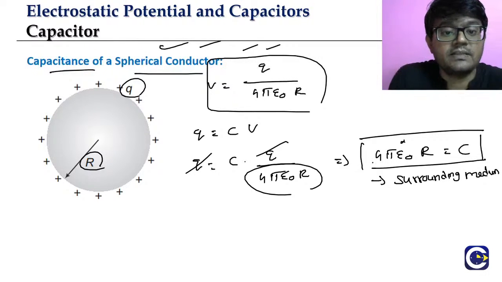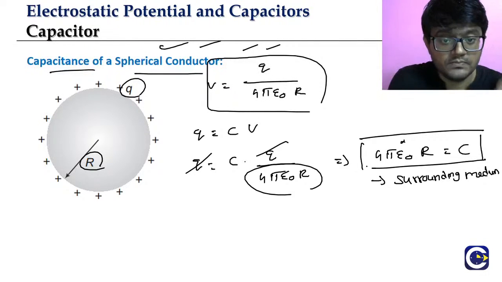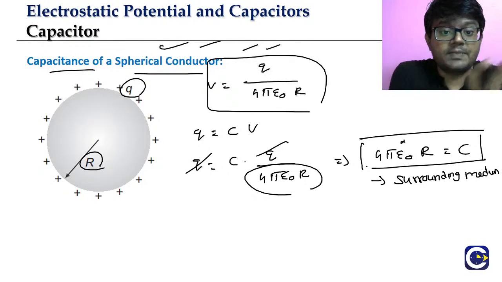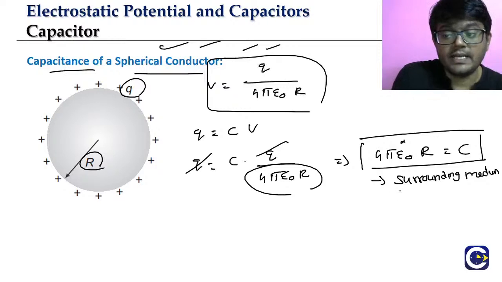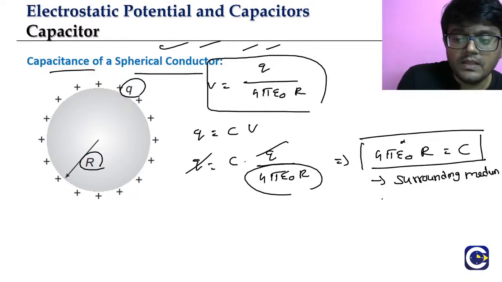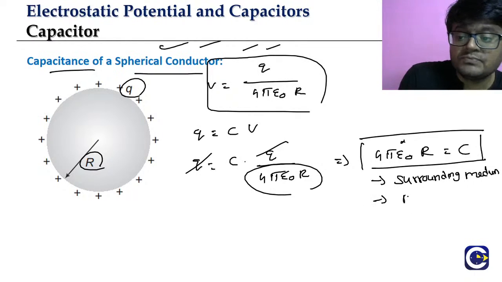we are representing the permittivity as epsilon naught. If the spherical conductor is kept in some other medium, then instead of epsilon naught, epsilon will come. So one point is that it depends upon the permittivity of the surrounding medium. Okay? Then it depends upon the radius